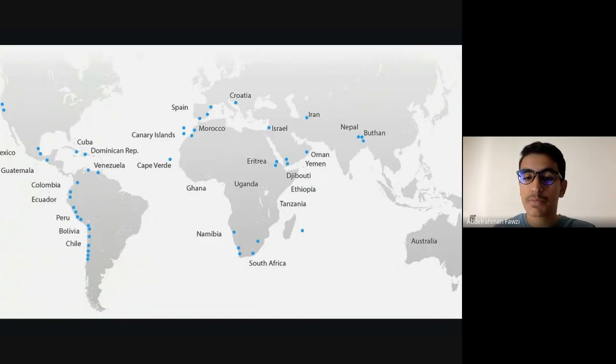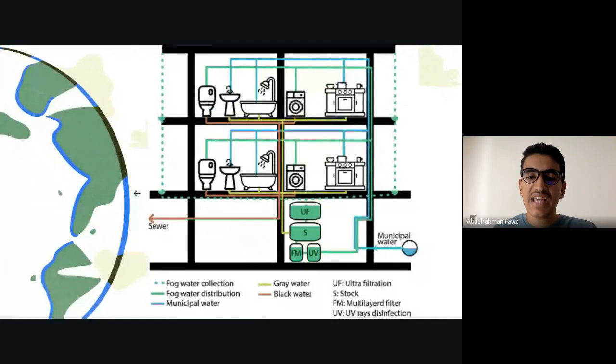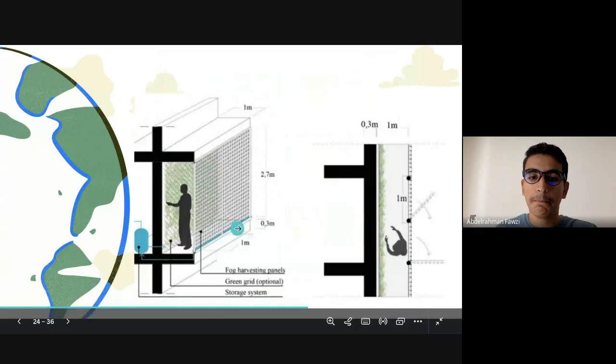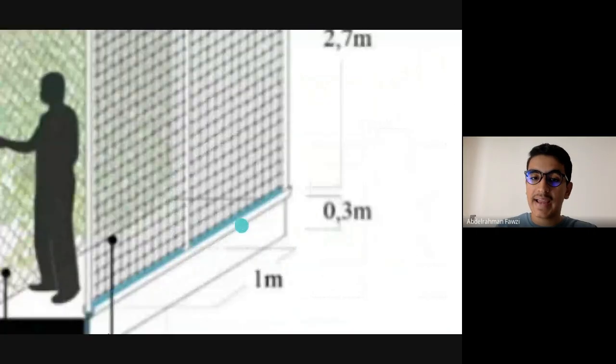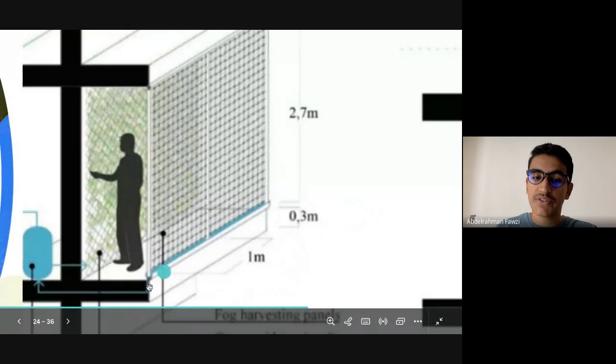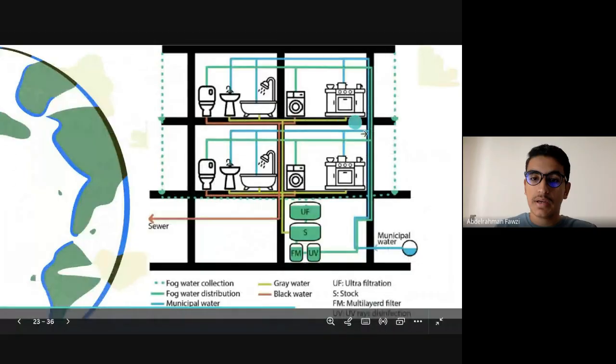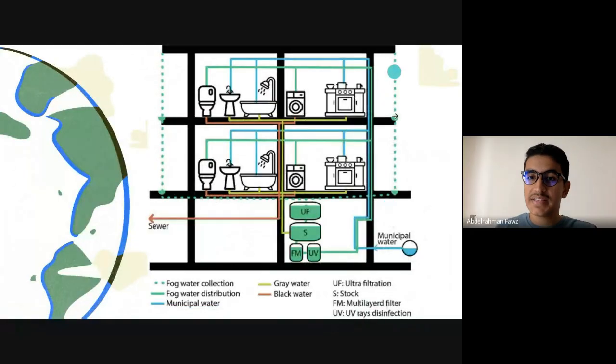And also, they can be implemented in houses as well. This is the map of the distribution of these nets. They are in the Andes, Bhutan, South America. They are everywhere. And this is how they can be implemented inside buildings. So we have a kind of balcony here. You have these nets, and then you have again the area of precipitation. And we have a tube that's connected to the water tank. Same idea in this picture. You have these nets here, and you have them connected to the water tanks. They are connected to the units that you have as well. So it's quite effective.